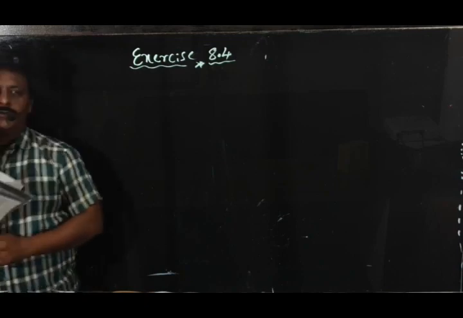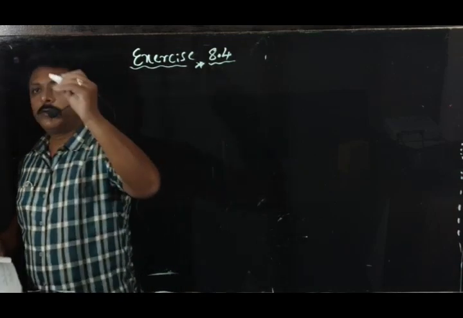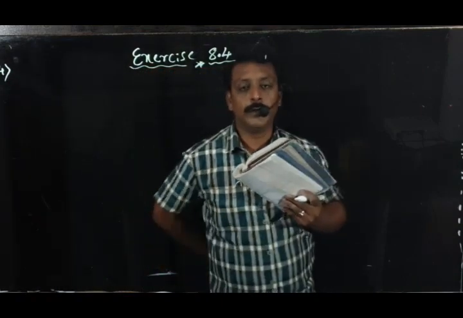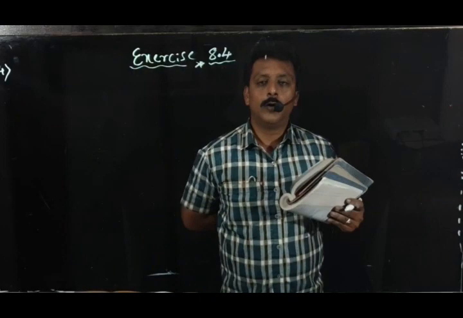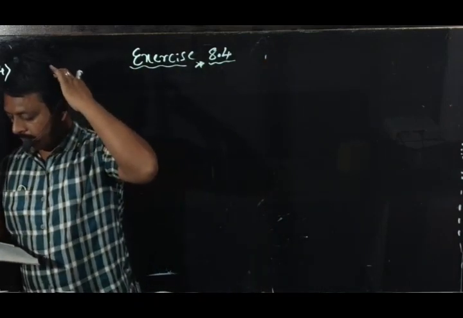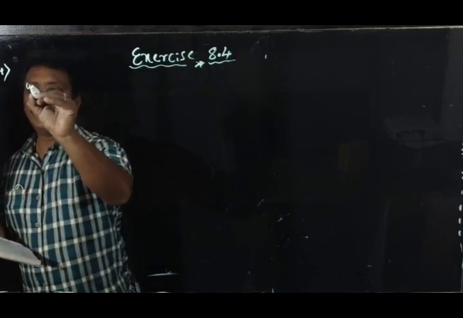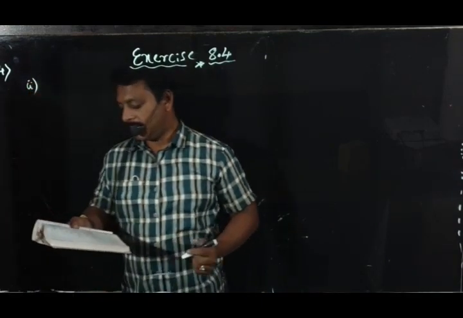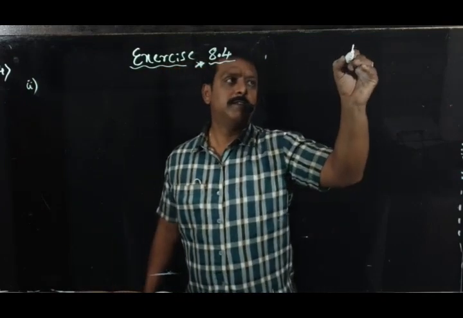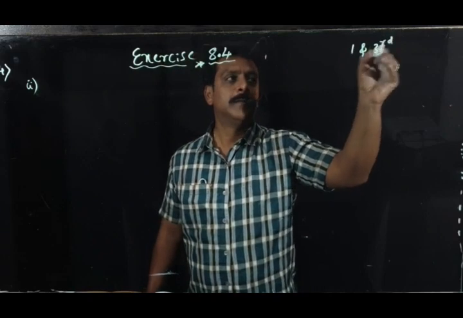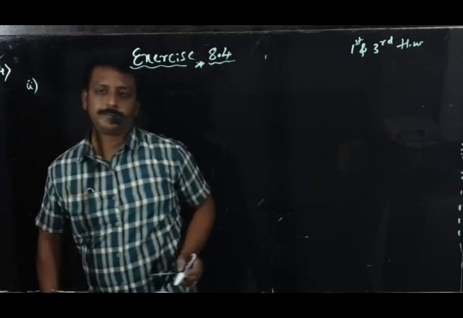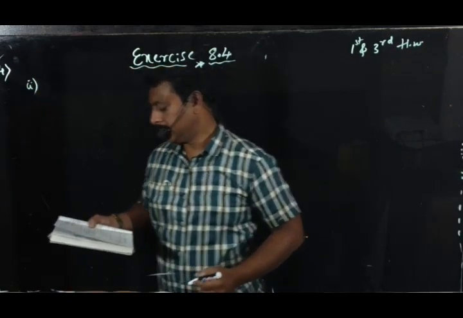Now I want to take you to the fourth main question. In the fourth main question you have 4 MCQ questions. How many? 4 MCQ questions. Out of 4, 2 are mine, 2 are yours. So how to solve, sir? 4 are there. I am taking the second one as well as the fourth one. Second and fourth I am solving. First and third, both are homework from the fourth main question. Am I clear? Very good.